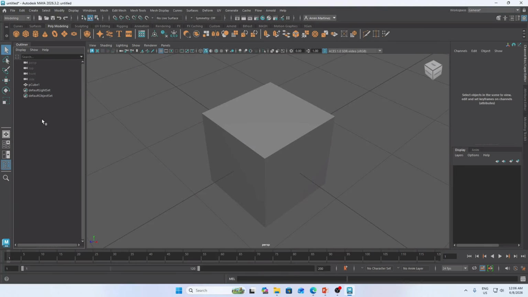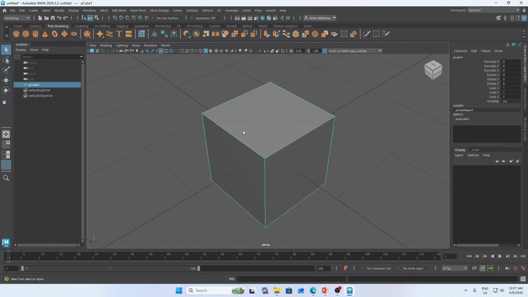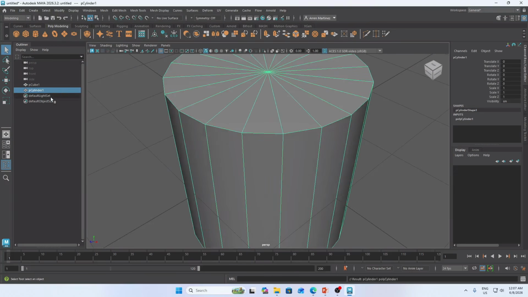Every camera, light, cube, or character you create will appear here as a text list. For example, I have a cube and it's named pCube1, which stands for Polycube1. And if I place another polygon, for example a cylinder, it adds this object to the outliner, where the name will be pCylinder1.